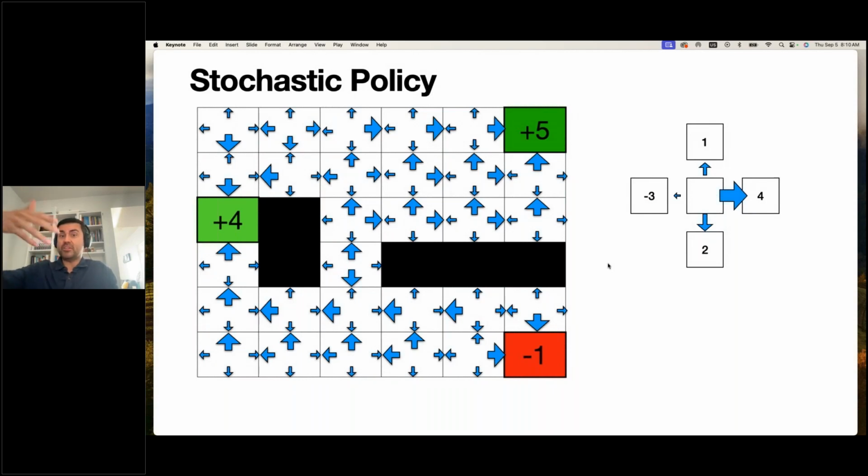But large language models are a stochastic policy, right? Because picking the next word is not deterministic. ChatGPT doesn't want to give you the same answer every time. It wants to change it around a bit. So stochastic policies tend to be better for training and for outputting answers for the most part.